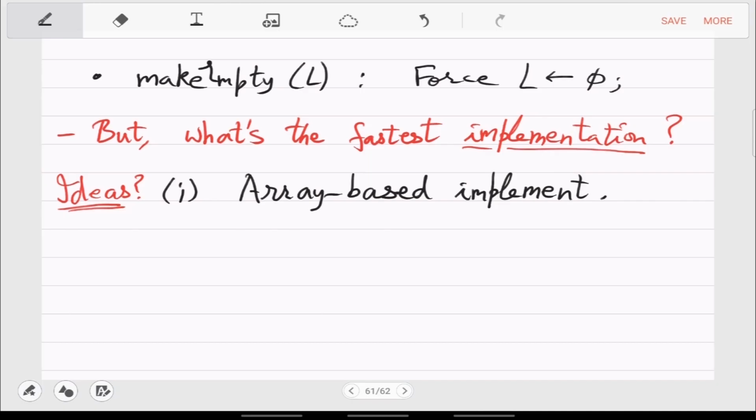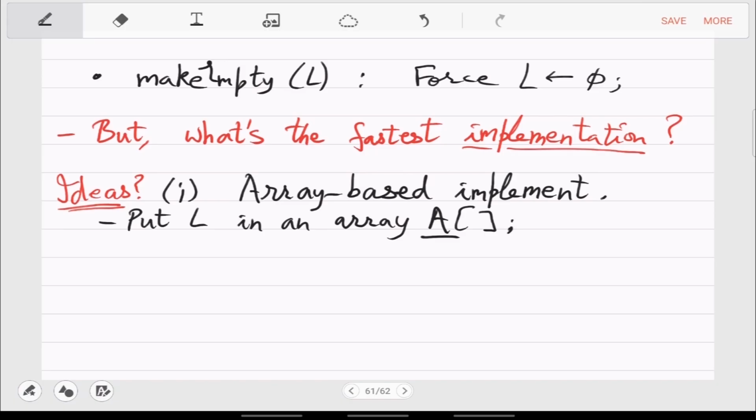So what you do is put L in an array A. Whatever the type, let's say just integers, so an array of integers will be used. A sub 1 will be stored in A[0].